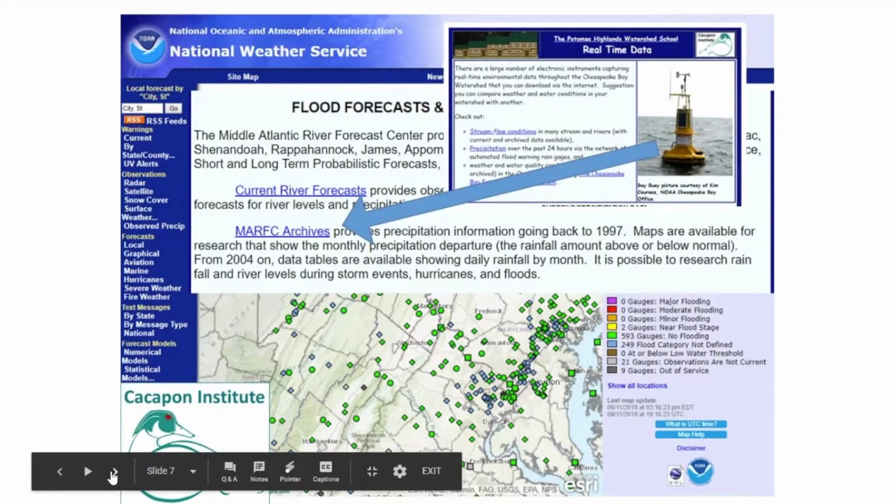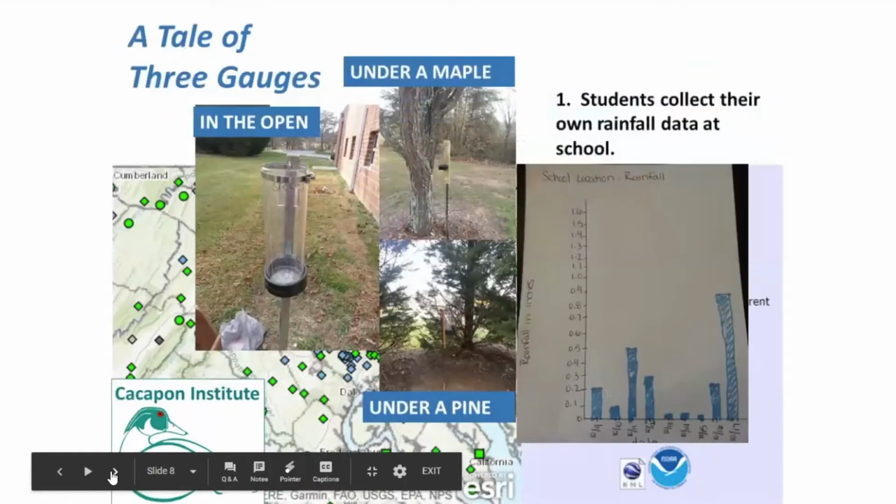Next slide. The way we use this with our students, we have them collect rain gauge data at their school. One of our favorite things to do is set out 3 gauges, one in the open, one under a deciduous tree, and one under a pine tree. The students learn how forest canopy intercepts rain. So the students collect their own rain data at the school, and then, next slide, they can use